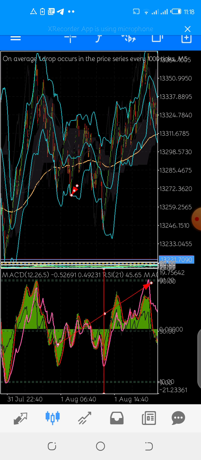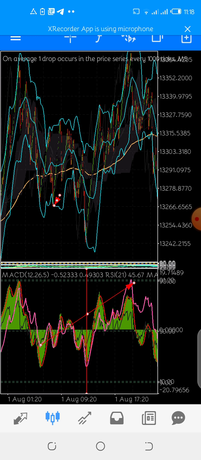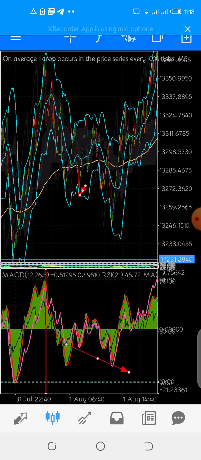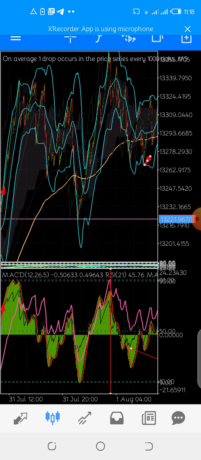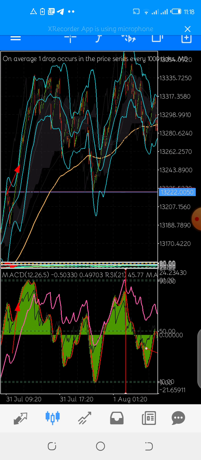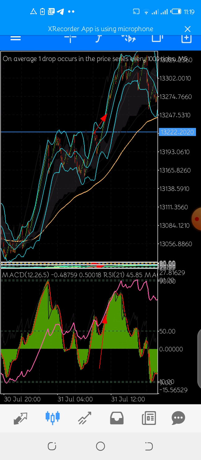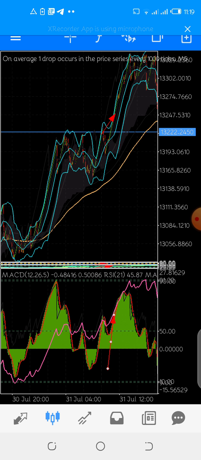But if such setups are a bit complicated, just wait for the setup in M5 now, like here. Okay, when the moving average touches level 10, sometimes it's a bit hard to get this setup where both the moving average and, you see, when you move it, you find the MACD is moving because you've squeezed the window. Okay, so you find the MACD sometimes not touching, but the moving average 5 has touched. So if it touches the level on M5, just know that on M1 it will also be touching. You see, like these setups,